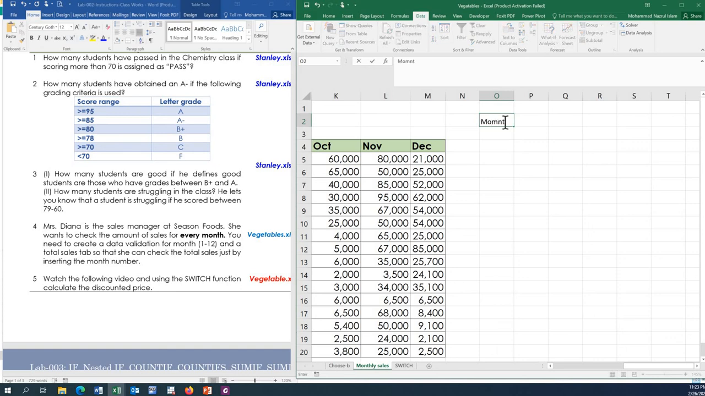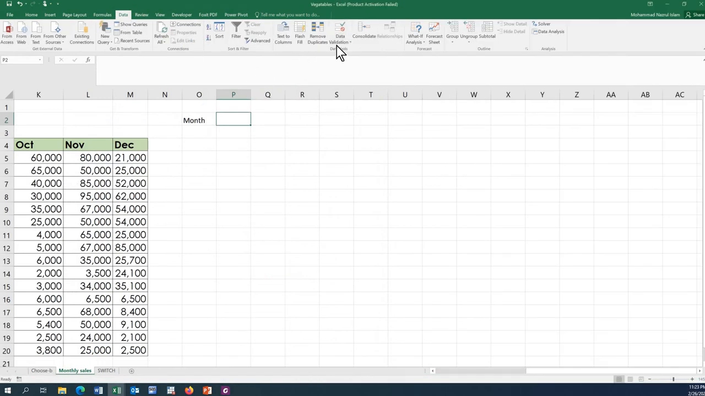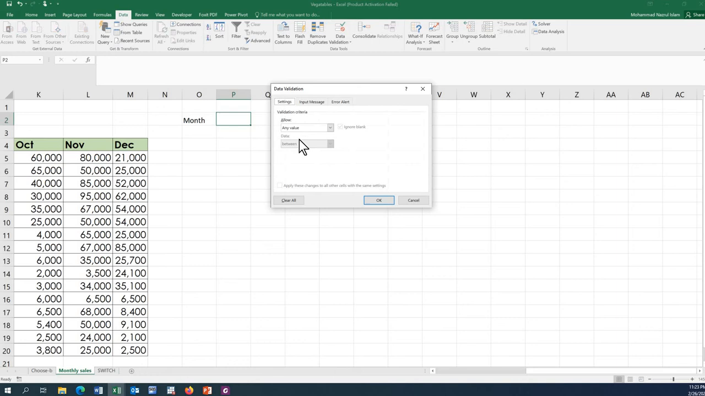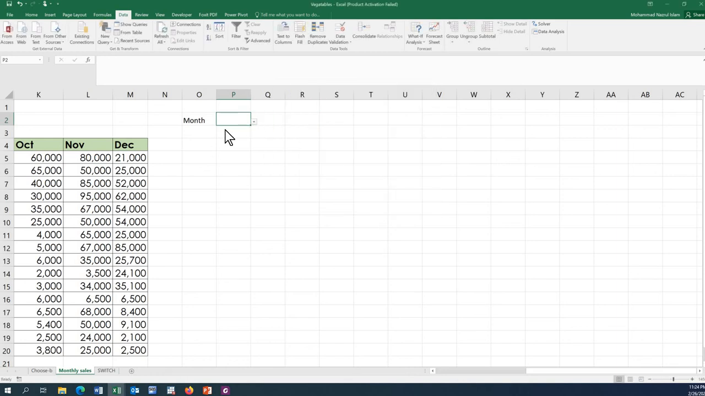let's see, month, we want to create a data validation. So what we need to do, go to Data, then go to Data Validation, okay, any value. So just click on List, so you will find this one. You will write the number 1, 2, 3, 4, 5, 6, 7, 8, 9, 10, 11, 12. Okay, so we have created the drop down box. You can see the data validation 1 to 12 months. So, and here it is,